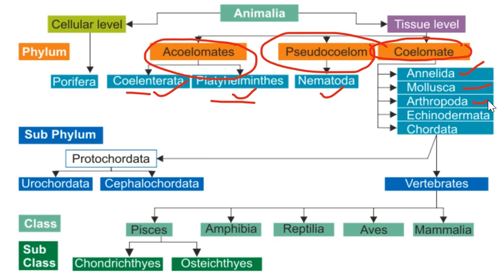Next is Arthropoda. Arthropoda is the largest phylum of the animal kingdom. The main feature of these arthropoda is that they have jointed appendages. The body is divided into three parts: head, thorax, and abdomen. And I have already told you the jointed legs or jointed appendages are the main feature of this phylum. For example, all kinds of insects, crab, scorpion are under this phylum Arthropoda, and I already told you that it is the largest phylum of the Animalia kingdom.